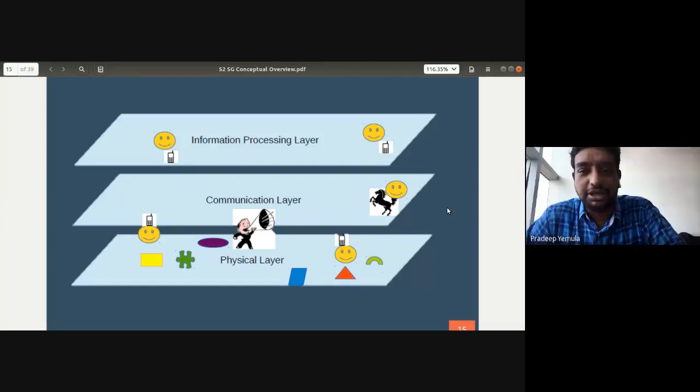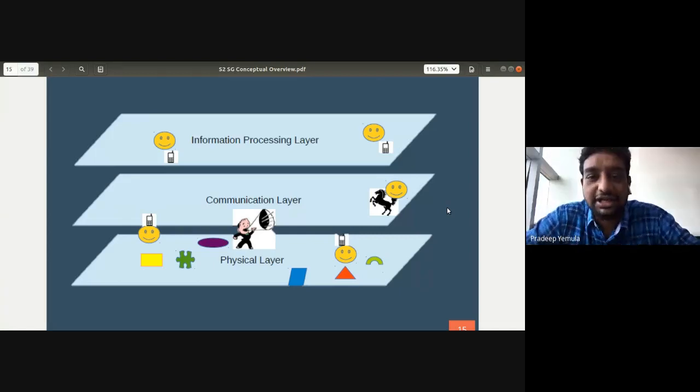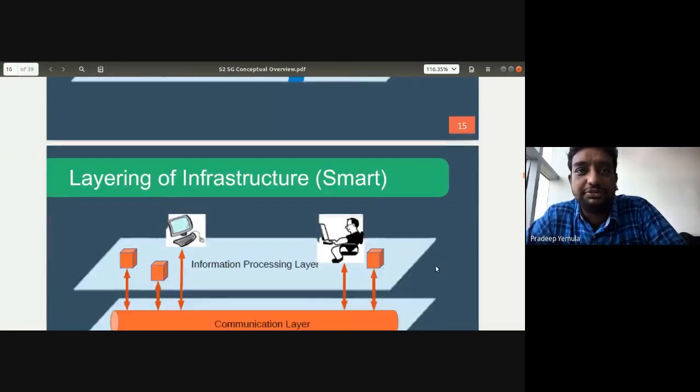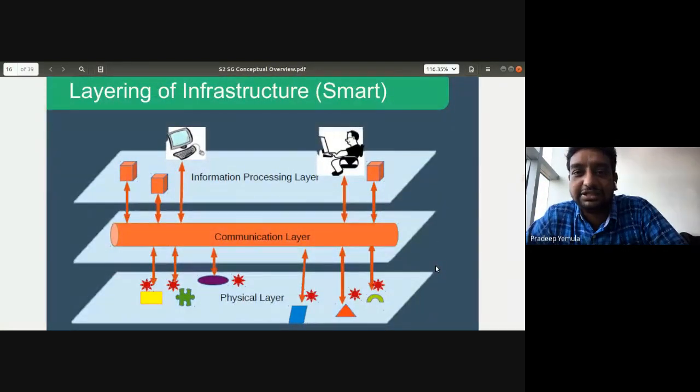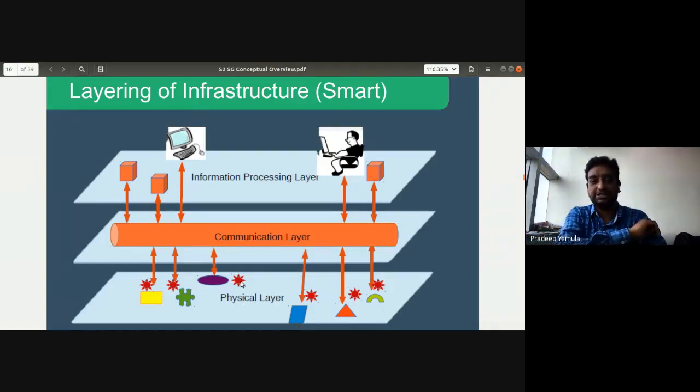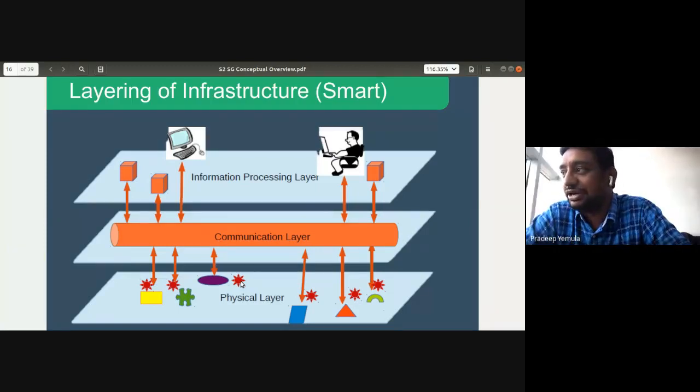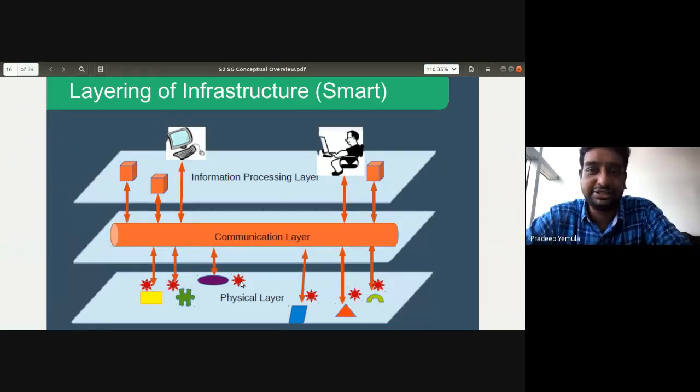With sensors. Okay, so good answer. Yeah, so sensors, somebody answered sensor, somebody is saying automation, and Sushant is saying through various types of communication systems. So if I now go down, that's exactly what we are proposing, that is smartness. In the physical layer, all the equipment that you have, the star mark, you have to keep a sensor. Everywhere you keep a sensor. And using that sensor, you integrate it with the communication. So maybe you can use Wi-Fi, maybe you can use wired connections or some kind of radio signals, different communications. And finally, information can go to the information processing layer.